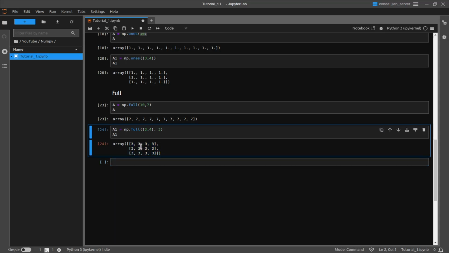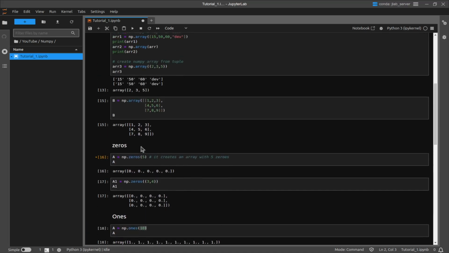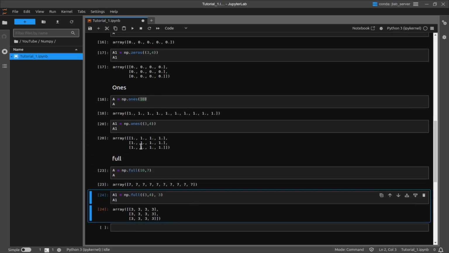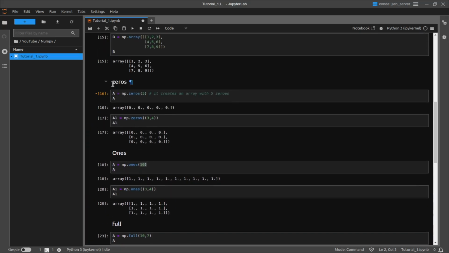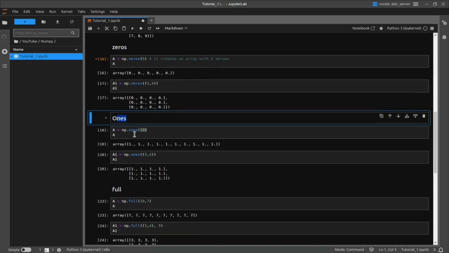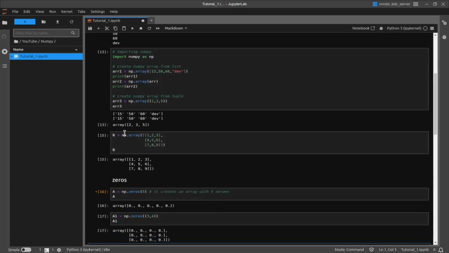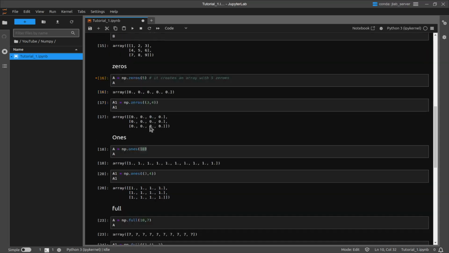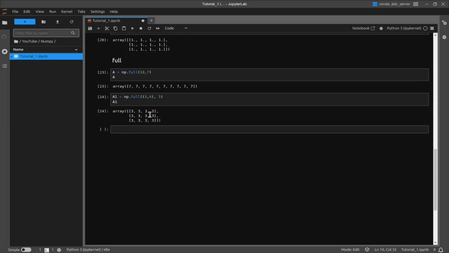Now we have seen how to create arrays from 3 different functions, that is zeros, ones, and full. And we have seen 2 primary ways to create an array, and that is from a list and a tuple. So we have seen 5 ways. Let's see some more common